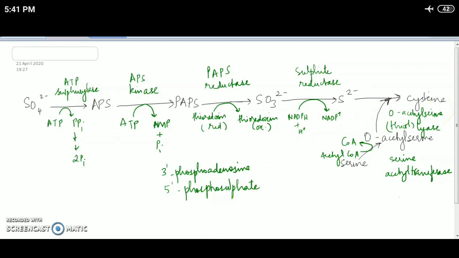Here, the organism's aim was not to produce energy. The organism's aim was to produce a compound that contains sulfur. So how did it do it? It took sulfate from the environment, converted it into a readily usable form and formed cysteine inside its own body. So this is assimilatory sulfate reduction, which I told you is shown by all the plants and by most of the bacteria and yeast forms. These organisms can assimilate sulfate from the soil or water or environment that they are living in, using this assimilatory sulfate reduction pathway.